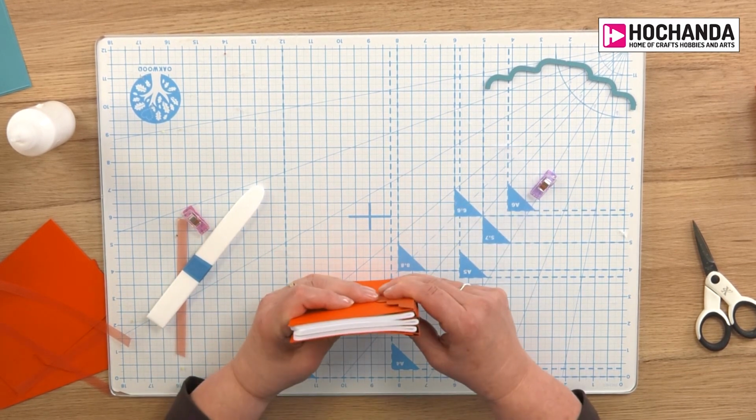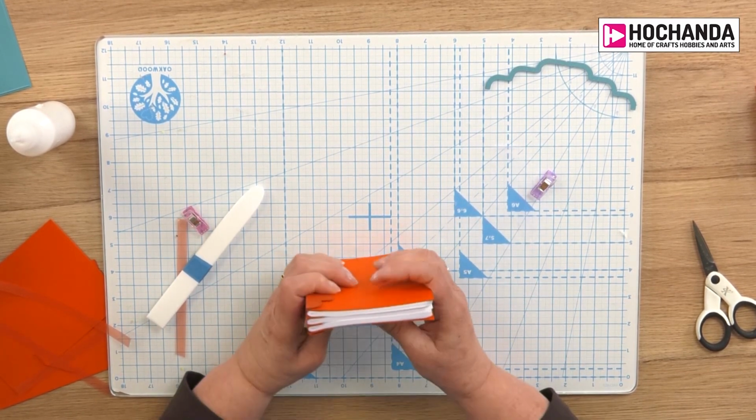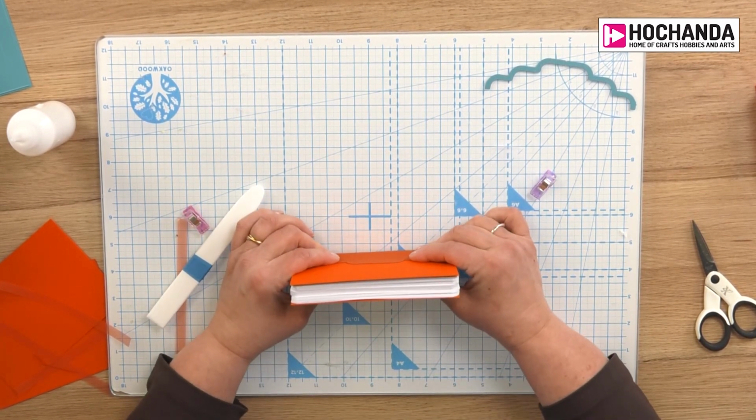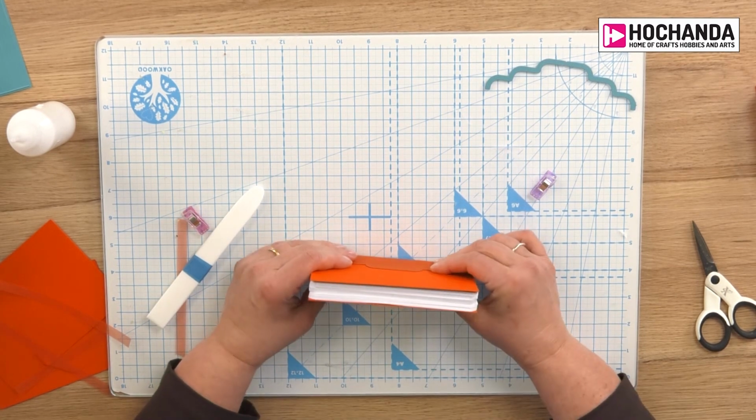And then, because you've got your glue, you can just move it around so you get it nice and even, and then you're holding it in place. That is basically your book done. If you wanted to,